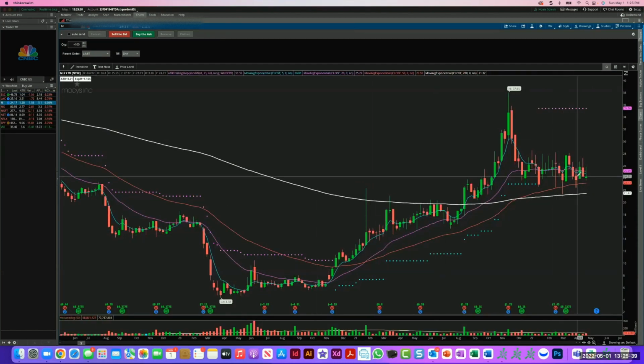So Macy's is somewhat in a congestion area. Not sure if I would trade Macy's, and the reason why is because it doesn't appear that it has broken out of this congestion. So there's going to be a lot of volatility, and we could just get whipsawed with this trade. Now, it looks good on the monthly,